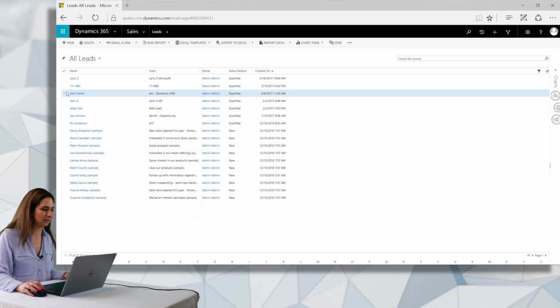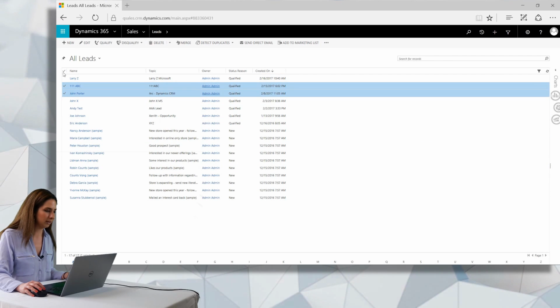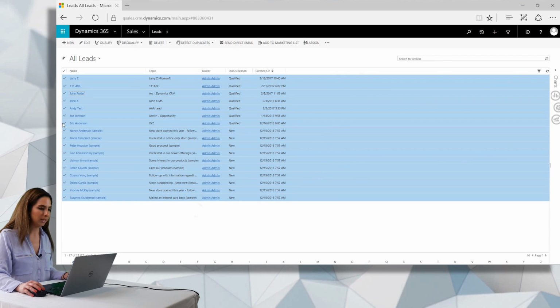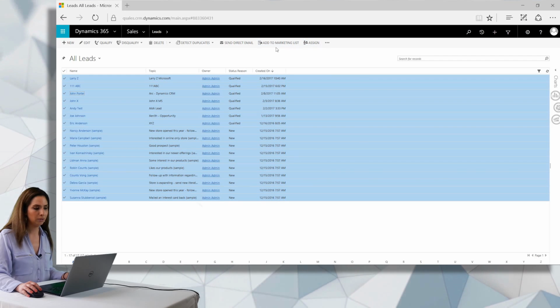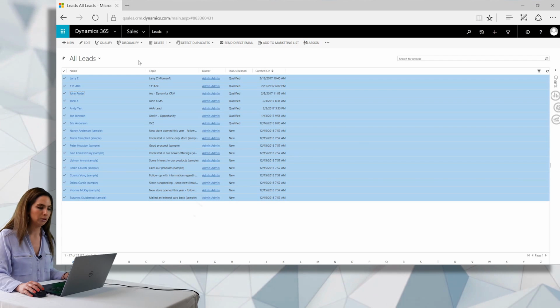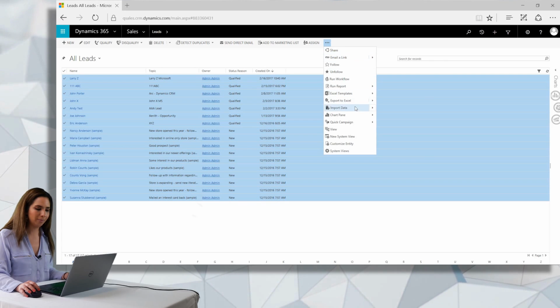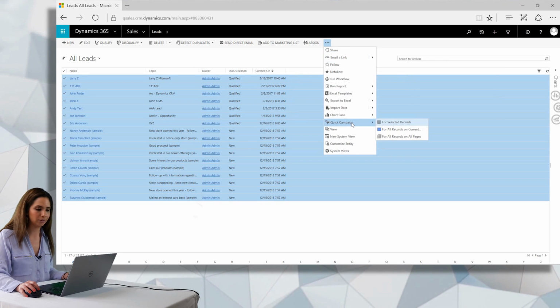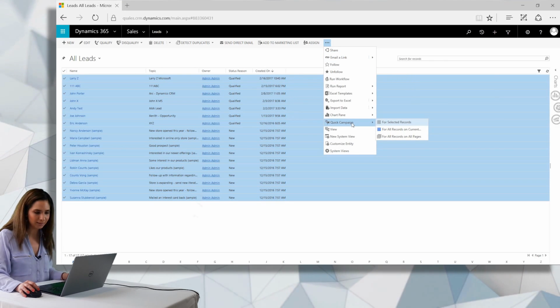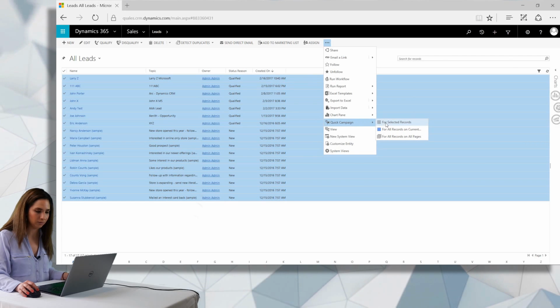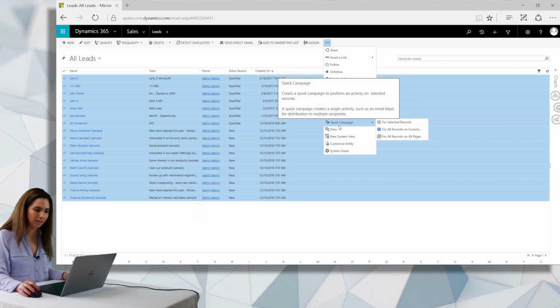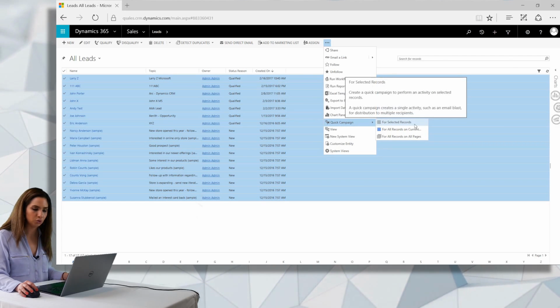So I'm looking at my lead list right now, and I can either cherry pick or select all my leads here, and I can assign those to users, the regular functionality that you're used to. What we're going to look at now is creating a quick campaign. A quick campaign is just a quick way to perform an action that's, I guess, marketing related against the records that you're looking at. So I click on quick campaign here,